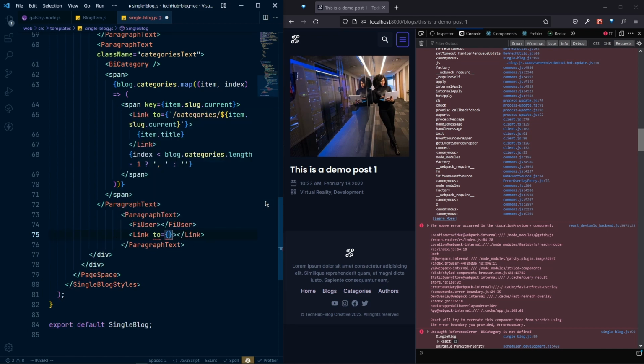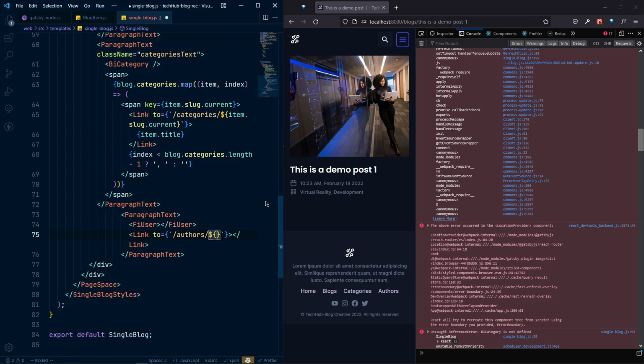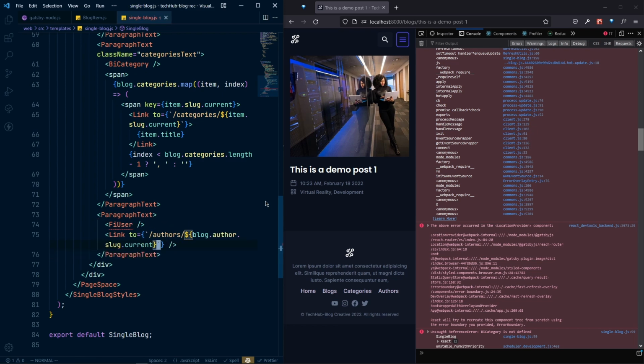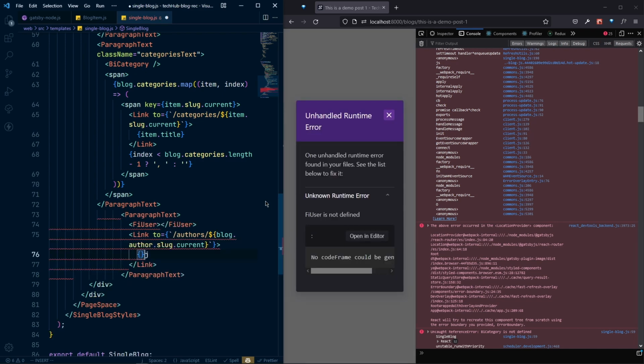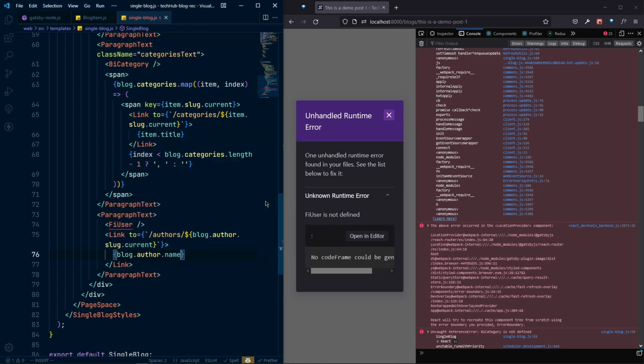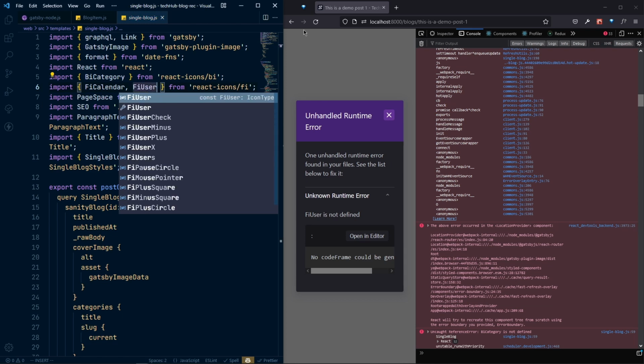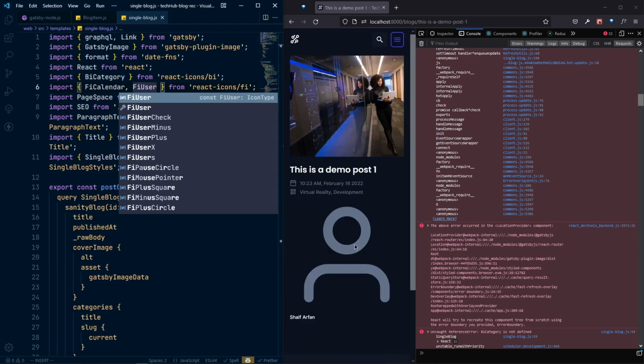So here also we need to make sure that it is after the domain authors/author slug, and this should be a $ sign. And here we need to say blog.author.slug.current. And now inside this link we need to provide the name of this author, so author.name, and we need to import FiUser here. So here we can use FiUser, like that. Now we can see our FiUser here,